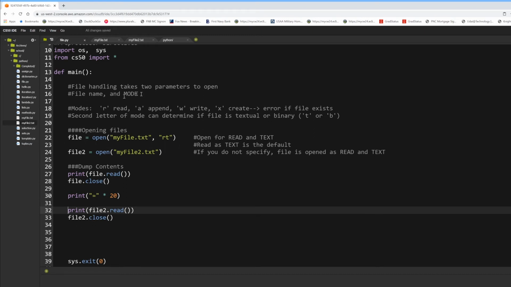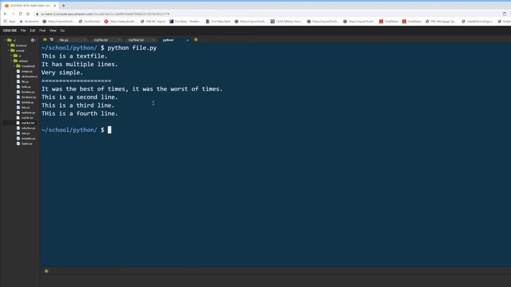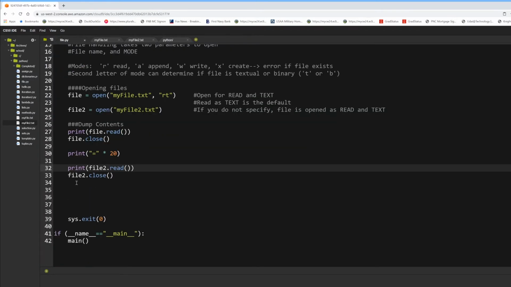All right, so this is how simple it is. I'm going to say python file.py. And there are the contents of both of my files. Really simple, really fast. So that is how you can read and basically dump the contents of a file to the console. Now let's talk about